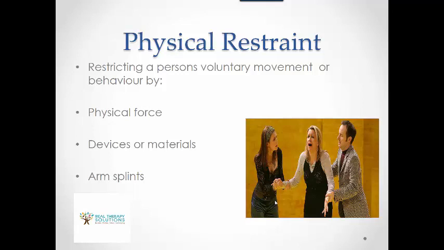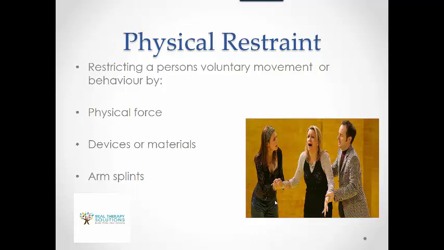Physical restraint is almost straightforward, but one of the main things to remember about physical restraint is it's restricting a person's voluntary movement. So if we have a person who, say, has cerebral palsy and has some spasticity and involuntary jerking movements where they might move their arms, but it's part of their condition, they don't mean to move their arms, and a really common one is staff members needing to put their hands on the person's arm while they feed them. Because of the spasticity movements, they may jerk their arms around and throw the food away, not meaning to do it. That's not considered a restricted practice.